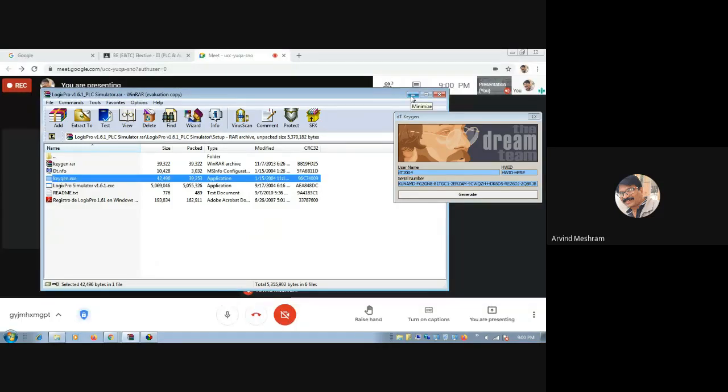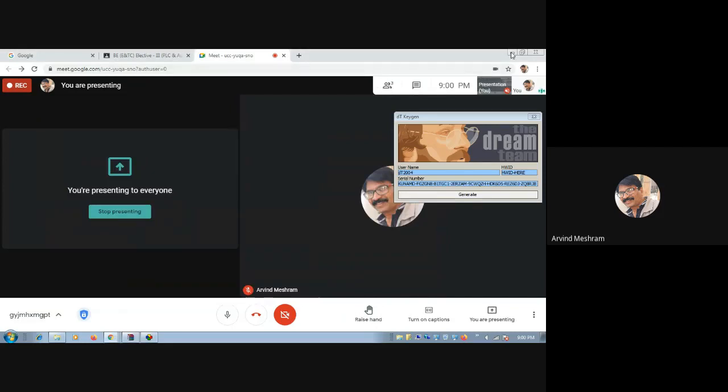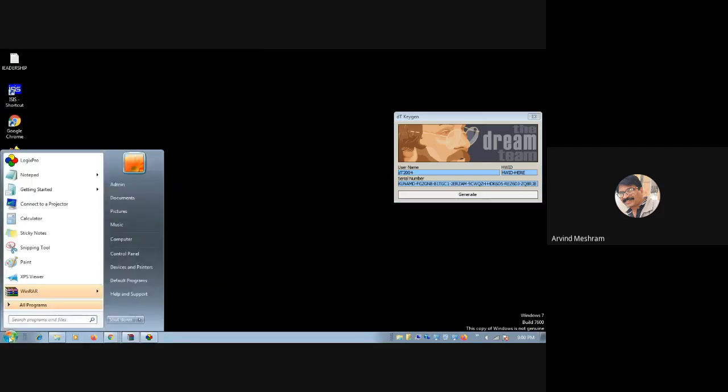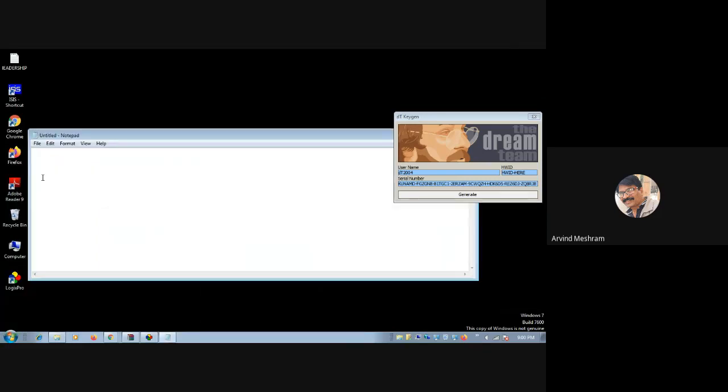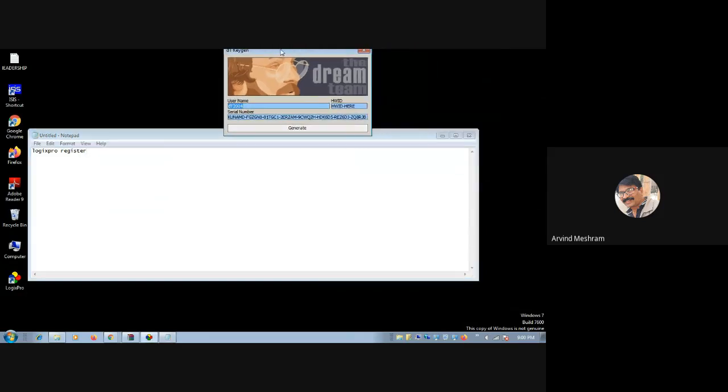Before that I have to do one thing. I have to make a notepad, a new notepad, where you write Logix Pro register, that is Logixpro, space, register, and save this file as a batch file, BAT file.